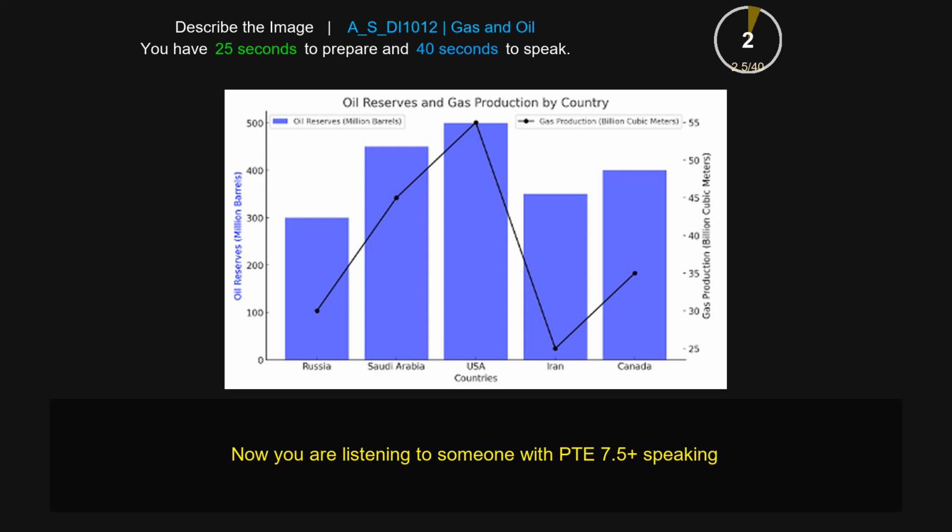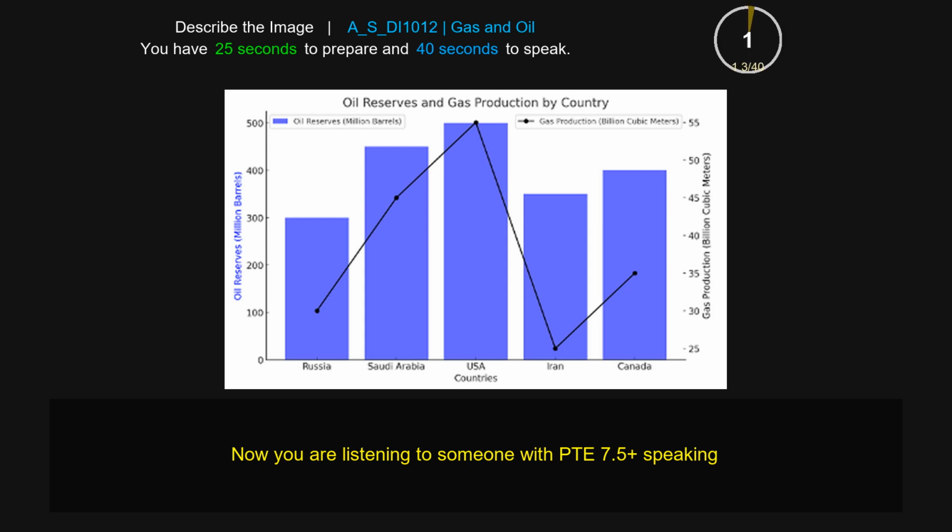This bar chart shows information about oil reserves and gas production by country. There are 5 countries: Russia, Saudi Arabia, USA, Iran, and Canada. There are different values. In the US, the value of oil reserves is around 500, and in Iran, the value is around 3,500. Also, in Canada, we can see the number is around 4,500, and the lowest one is related to Russia, and the number is around 3,000. In the gas production, there is a